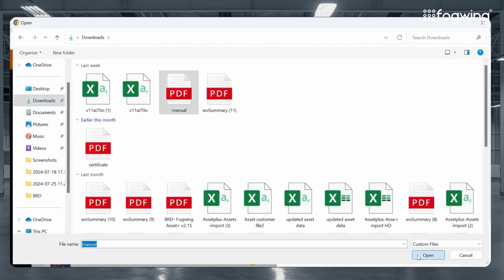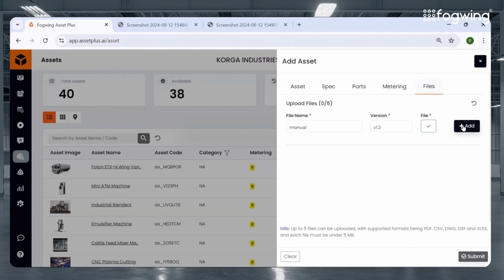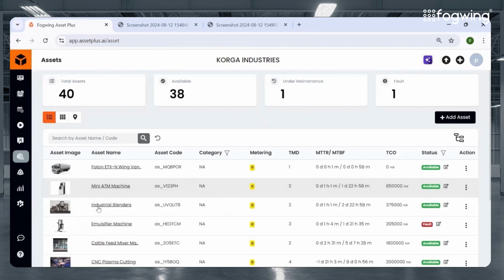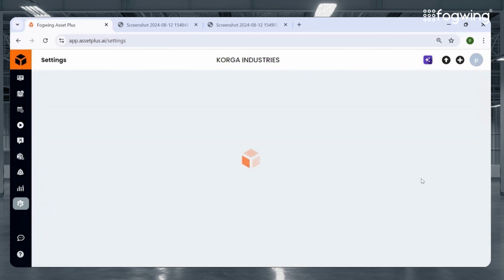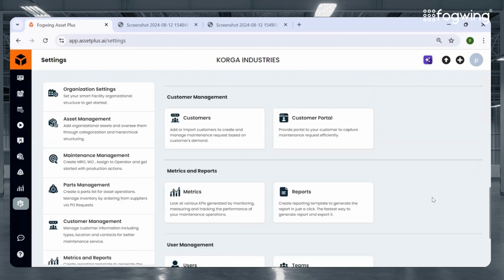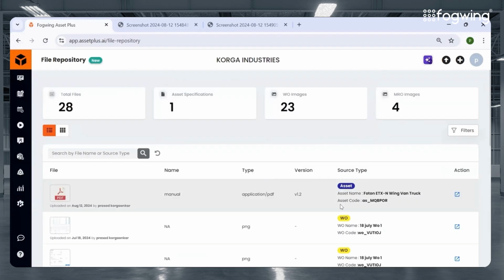So if you upload the file and you click on add, once you click on add here, this will be also visible in this file repository section here. So as you can see here, the manual that we have just uploaded will be visible and it will show you the source type, asset name, asset code, all the other details will be visible in this file repository